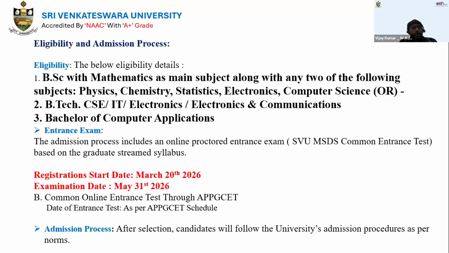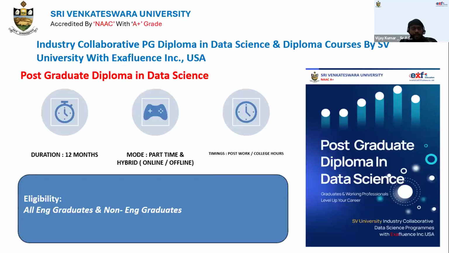which is a full-time regular program under SV University in collaboration with X of Lens in QSC. Other than this, we also have short-term part-time programs, of 1 year and 6 months. One is the postgraduate diploma in data science, a 12-month part-time and hybrid program. Any graduate, engineering or degree, even a non-technical degree, BA, BCom, whatever it may be, the eligibility for these programs is just that you have to complete your graduation. Then you will be eligible for this 1-year diploma in data science program.